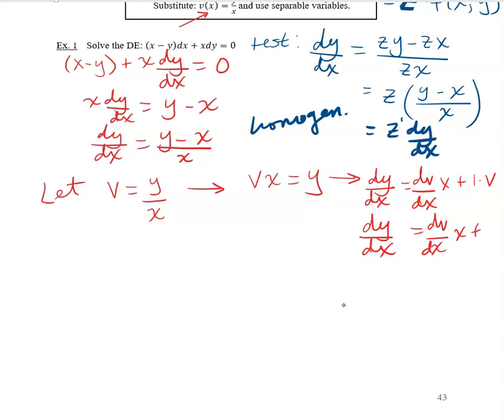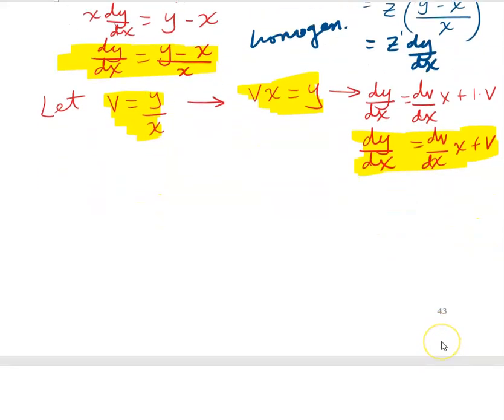times x plus v. So let me go back to my equation, my differential equation, and let me rewrite it now in terms of x and v using these substitutions that we just talked about. So v is equal to y over x, meaning y equals vx, and then additionally dy dx is going to be replaced with dv dx x plus v. And I know this looks like it's more complicated, but this will get us into something that is separable, and